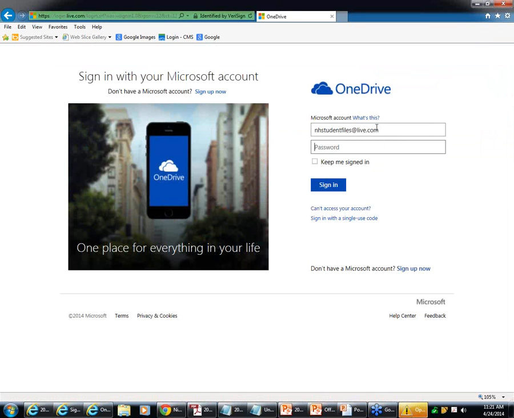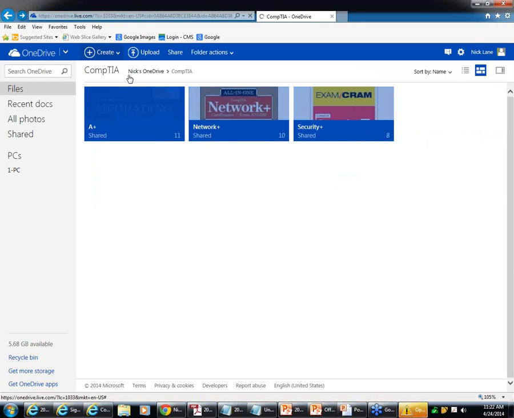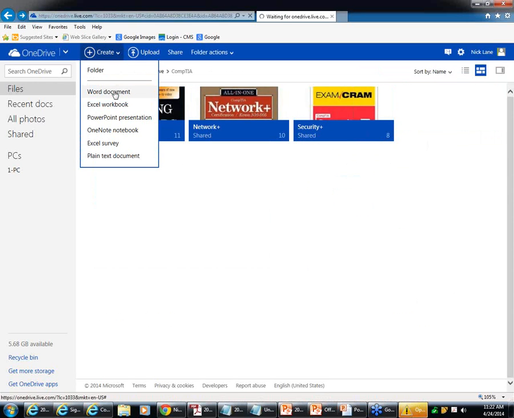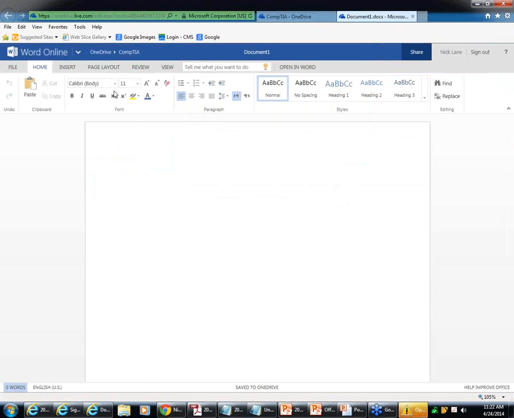Here it shows folders which contain the overall Office 365 experience. And a great feature of Office 365 is that you can create a Word document using an online version of Office. For example, Word Online generates an online version of Word, and you do not need local Word to use this. I can remove Word from my machine right now. This will come up, and I can start doing stuff with it. This is my Word Online feature.